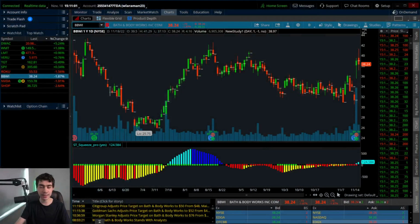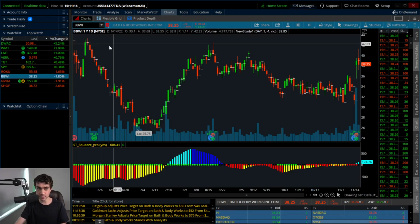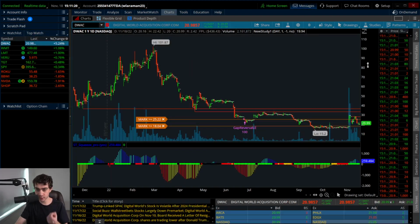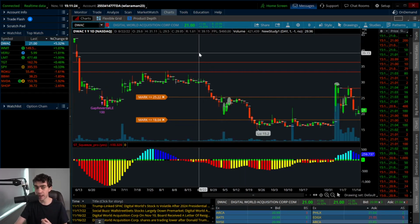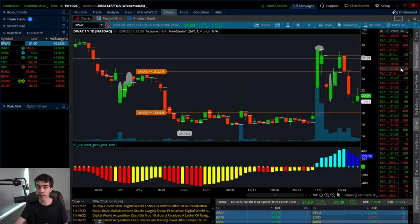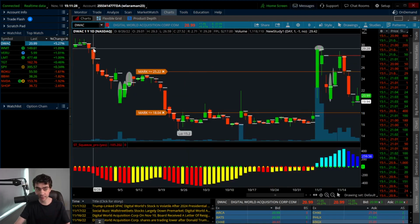So the ticker symbol is going to be BBWI, and this is by far my favorite strategy and my most successful trading strategy that I've used over the past decade. It is called a gap close reversal to fill the gap below. This is the same strategy that I previously used to make a 100% return swing trading DWAC put options. And you could have used this strategy on DWAC twice. I used it once. But as you can see right here, there was a gap to fill above on DWAC